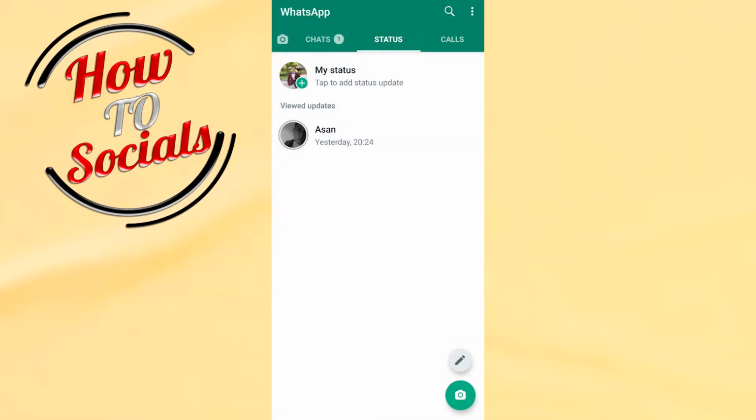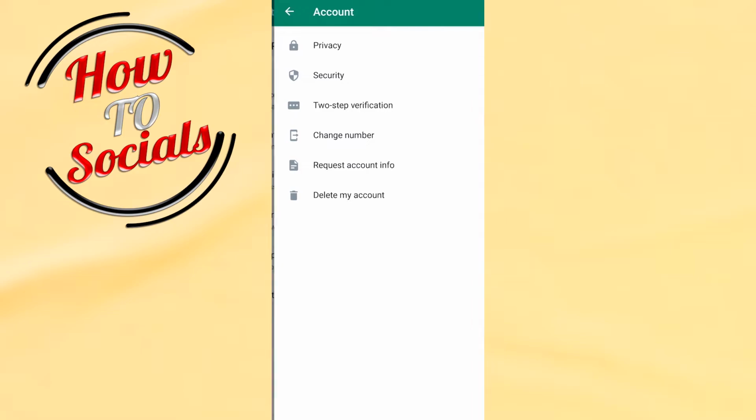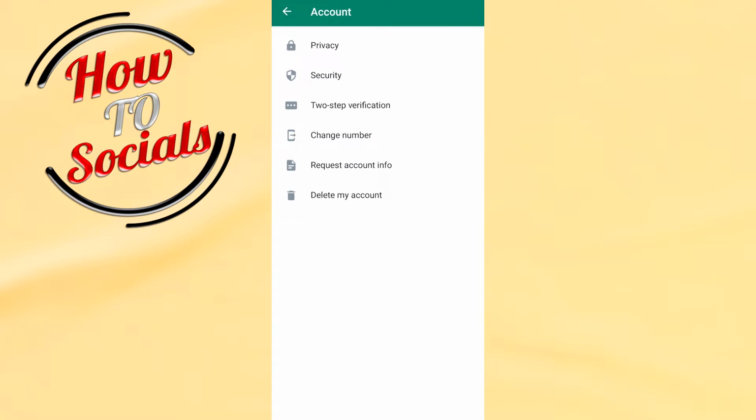Firstly, launch the application and then simply click on the three dots on your upper right side. Then you need to select the second selection, settings. Now as you can see, you need to go to the account section and right down you have delete my account